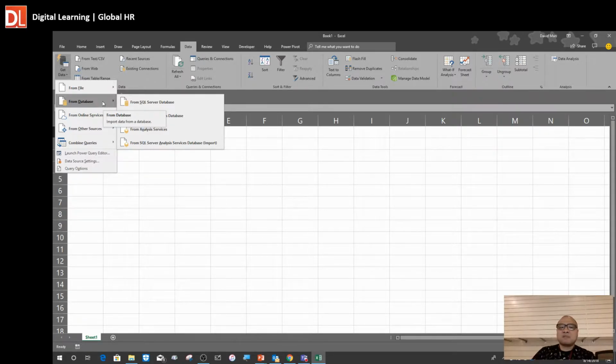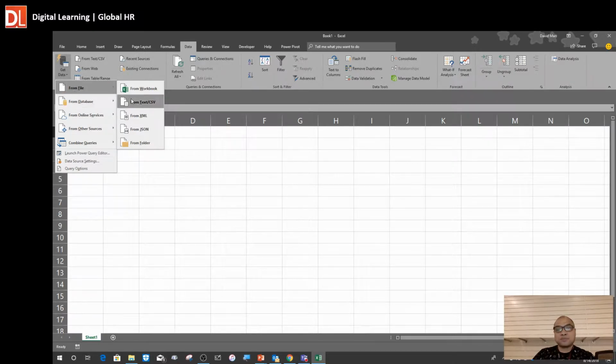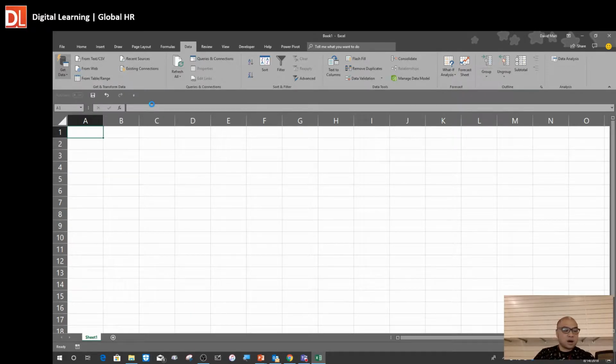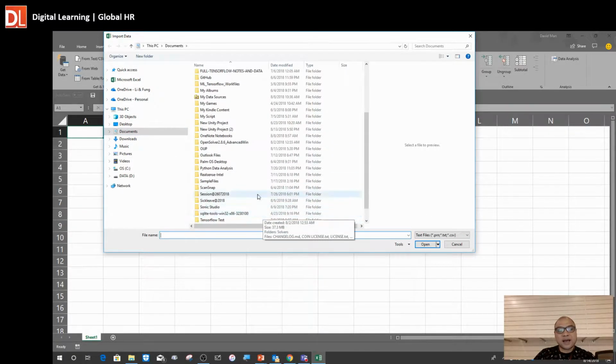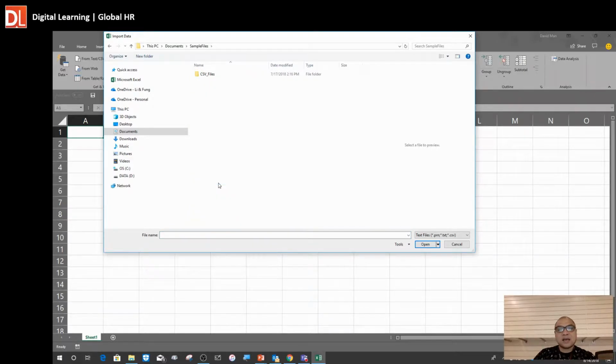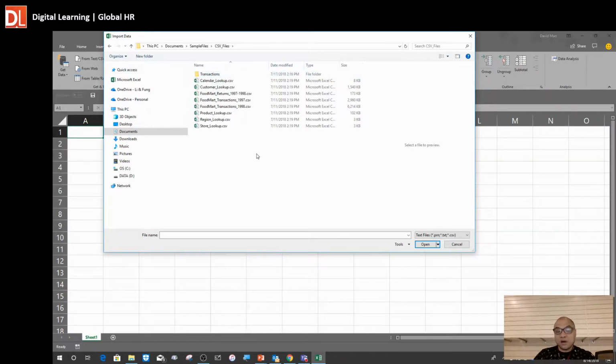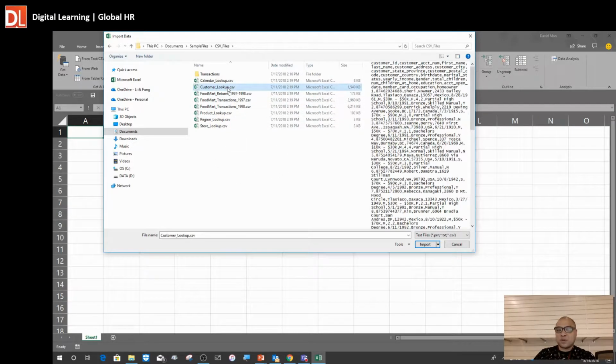Okay, actually, let's make it simple. We just do it From File and select this option. Because all our data sources are in CSV format, we click this option, CSV File. And then what next is, go to Documents. As I mentioned before, I have already expanded the sample file folders over here, and then I will choose the CSV files. Over here we have quite a long list of CSV files, right? The first data file I would like to retrieve through Power Query is the customer underscore lookup.csv file. Just select this file and then